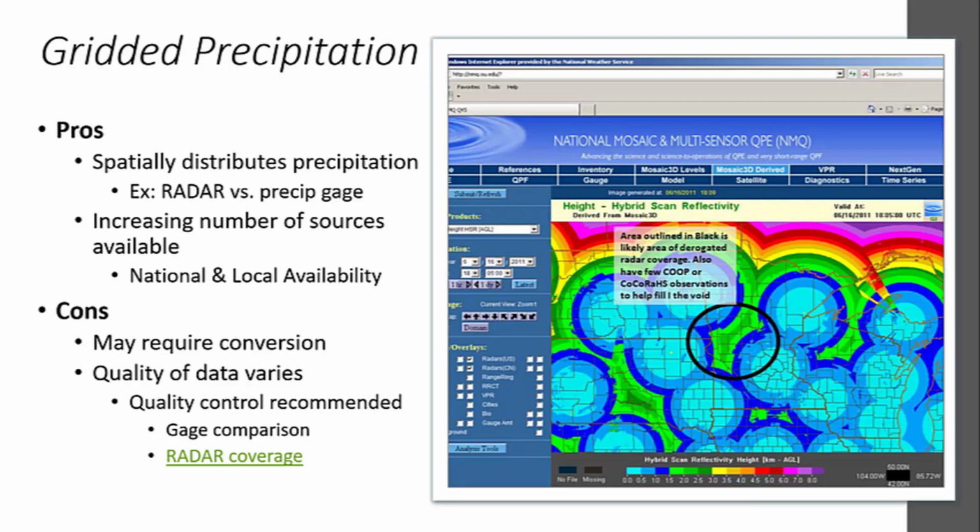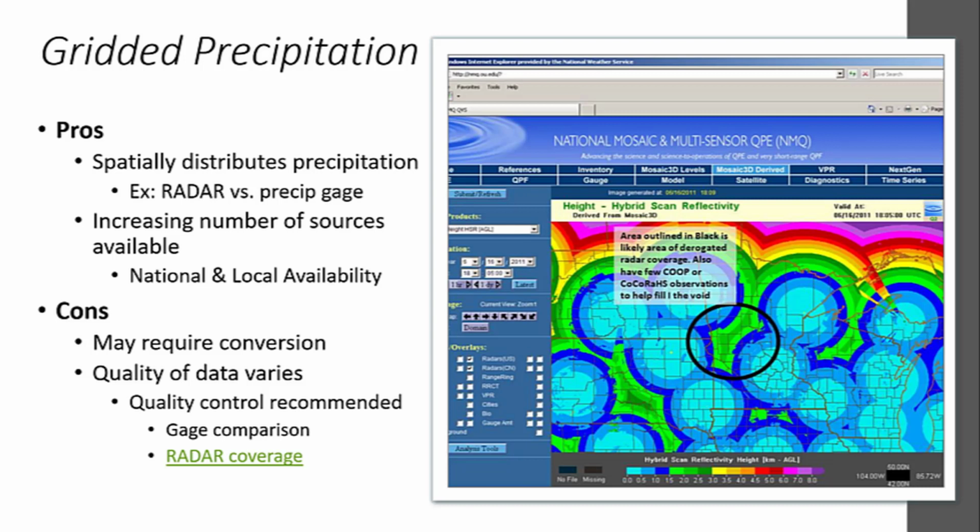In this video, I'll provide an overview of using gridded precipitation methods in a meteorologic model within HEC HMS. The primary benefit of applying gridded precipitation to an HMS model is that the precipitation is then spatially distributed across the watershed, similar to radar, versus a lumped measurement being applied homogeneously across the entire subbasin. Another benefit is that various gridded precipitation products are becoming more widely available.